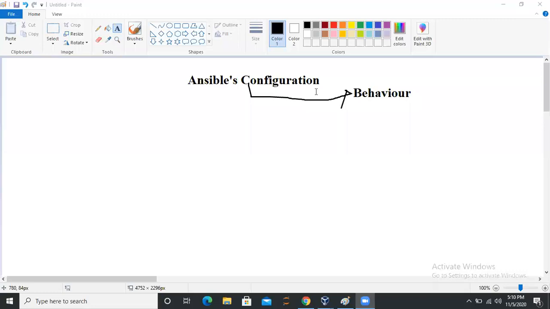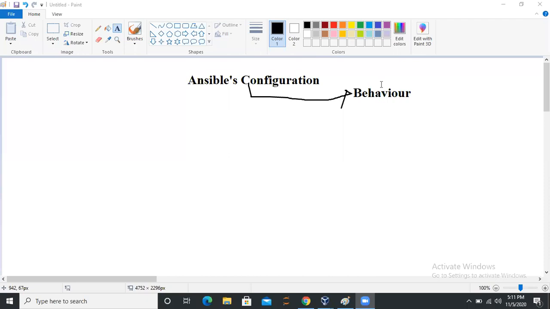Okay. In this video, I'm going to show you some sections which are available in Ansible's configuration file. What are the functions of these particular sections and their subsections? Okay. So just pay attention in this particular lecture so that you can get every bit of what's happening behind the scene, how Ansible is handling all the managed nodes and all. Okay. So let's get started without wasting any second.